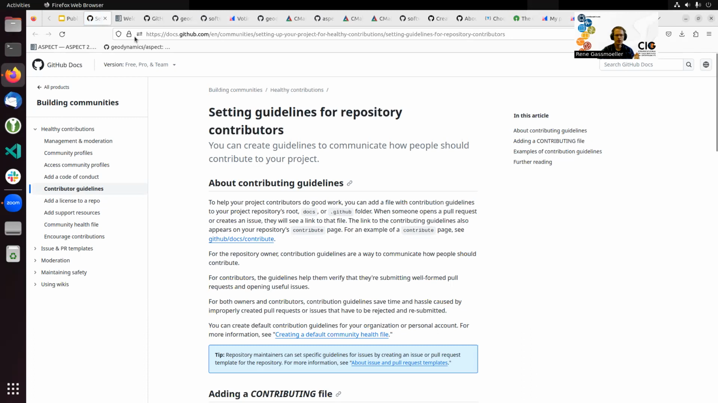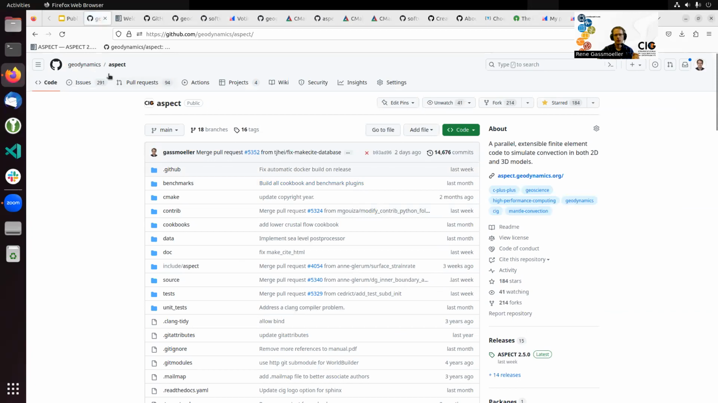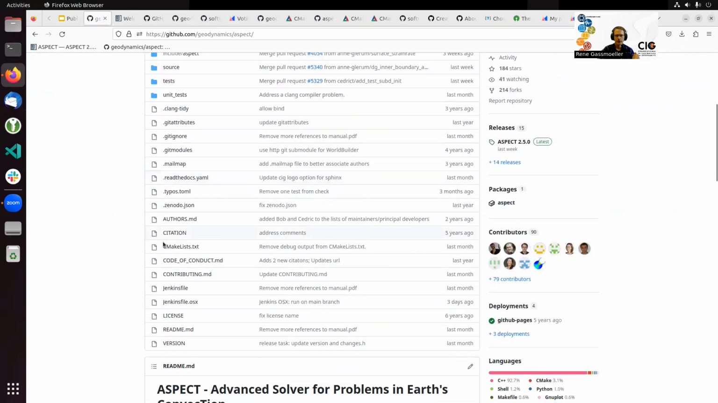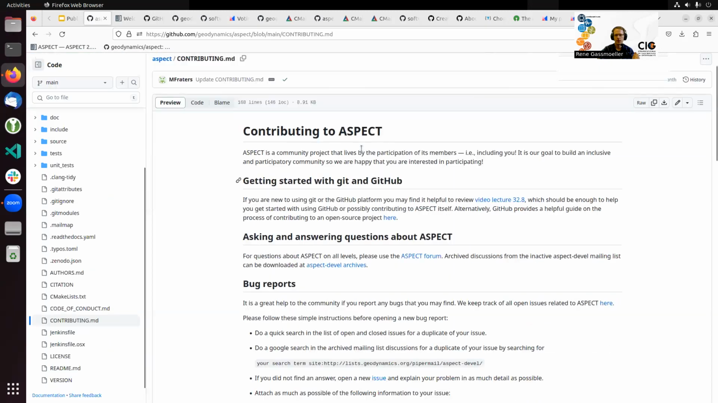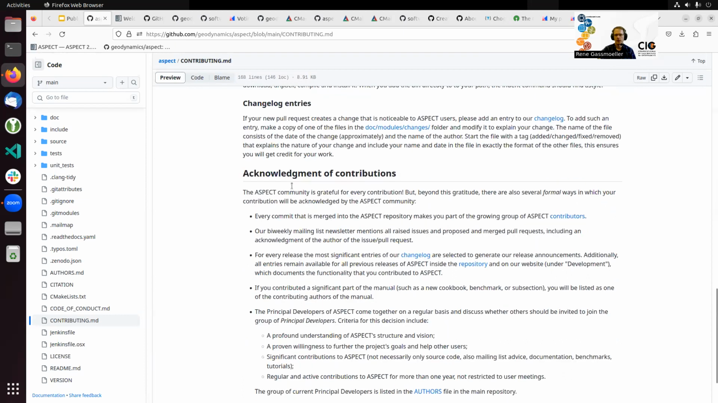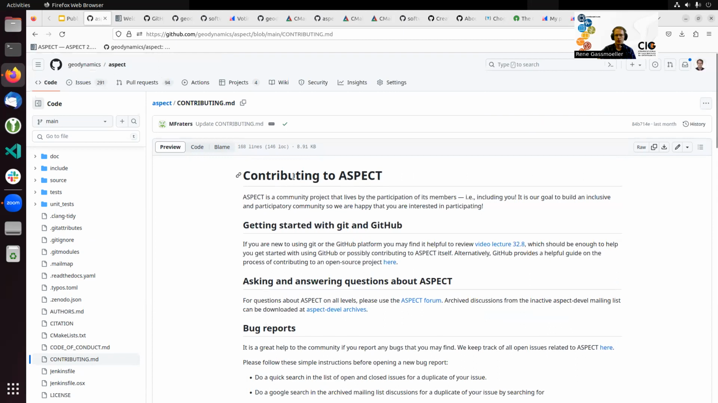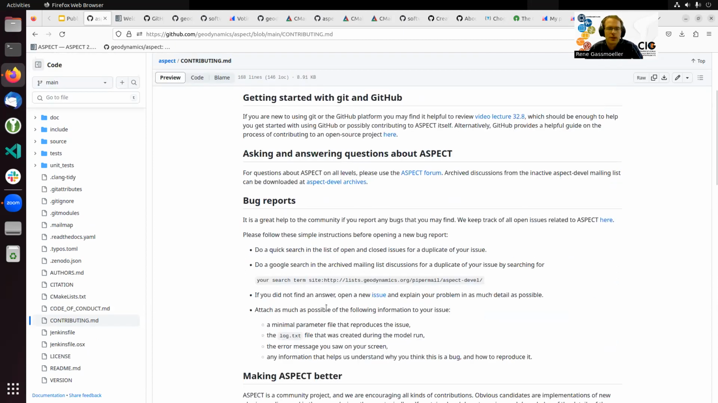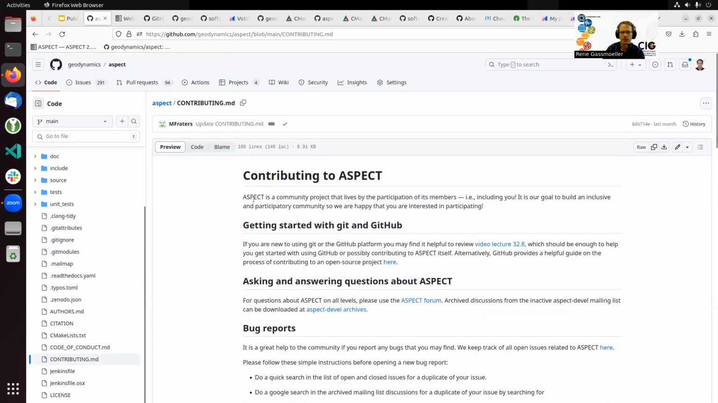That was the link to the documentation about contributing.md. But if you go to an arbitrary GitHub repository, then contributing.md can look exactly like the readme.md. So it's the same markdown file format, and it's formatted to contain all of this information. And in certain places on the website on GitHub, there will be links to this file